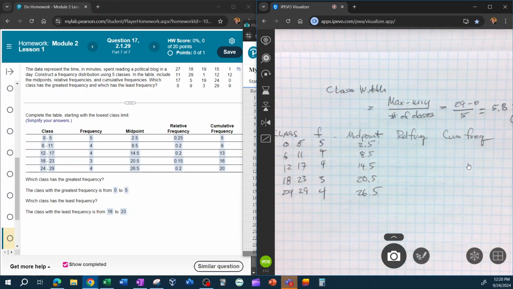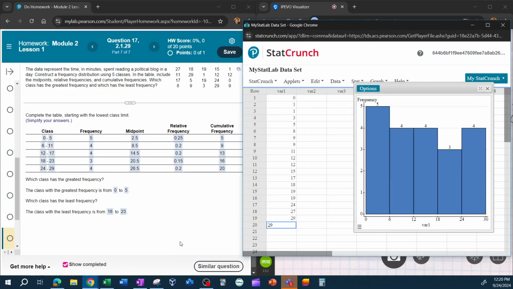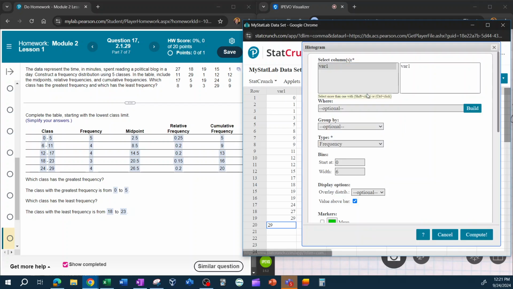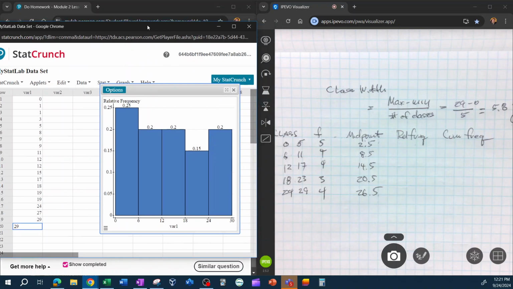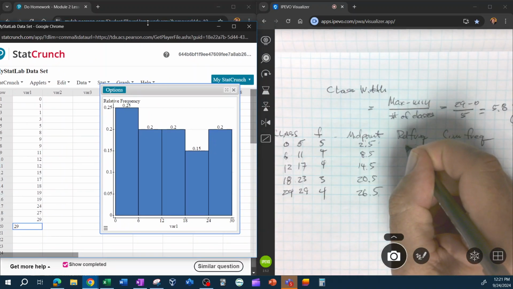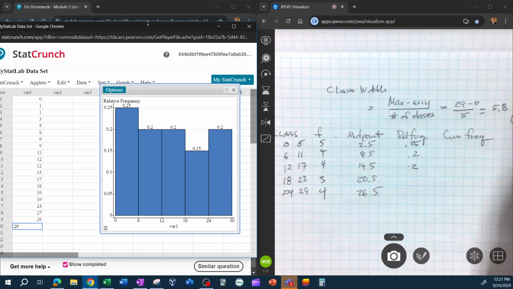All right. And then my relative frequency, remember, relative frequency is the percent of data in each class. So how much, for example, in this class here, there's 3 data points. What's the percentage of that? And the way you do that is you come up here and edit, and instead of frequency, you plot relative frequency. All right, so now I have 0.25. Let's put this over here. So this is going to be 0.25, 0.2, 0.2, 0.15,